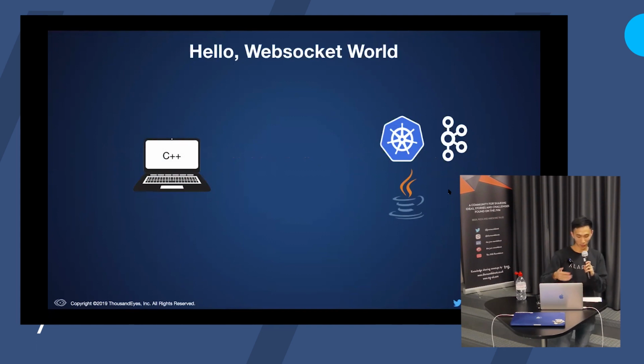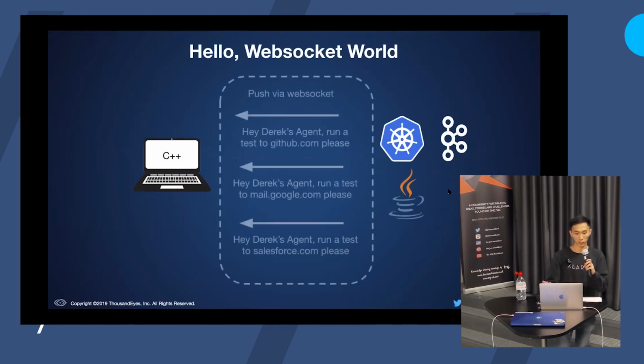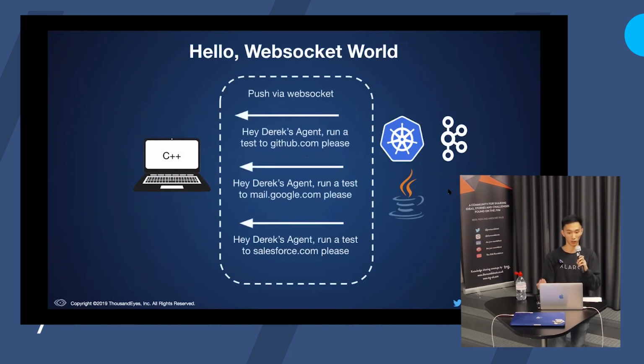So how does this work for us, right? The obvious use case is for our backend to proactively push messages along the WebSocket connection to the agent when it sees that it needs to assign a new test. So, at the first round, my agent might just have a test to github.com, and then a user might configure a test to Google Mail, in which case the backend should just push that along the WebSocket connection without requiring the agent to poll our backend again. So how do we actually make this work?